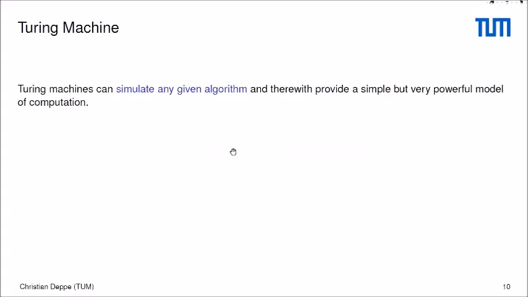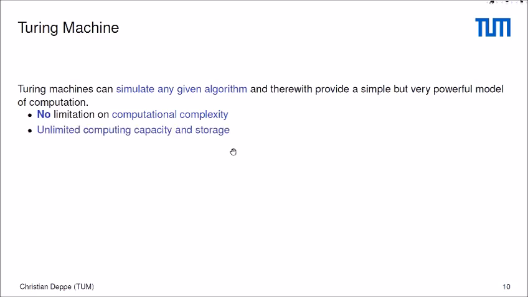The Turing machine can simulate any given algorithm and therewith provide a simple but very powerful model of computation. So there's no limitation on the computational complexity. Furthermore, unlimited computing capacity and storage are assumed. And we assume that the Turing machine works completely error-free,